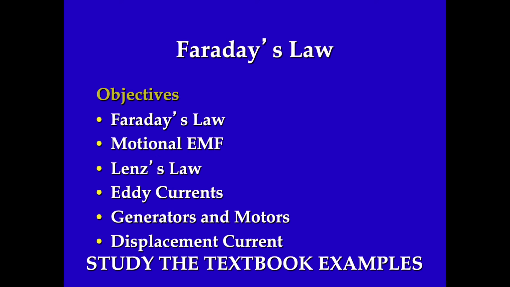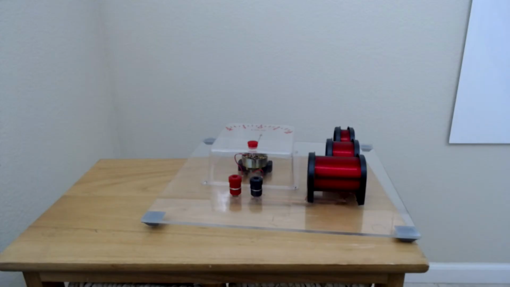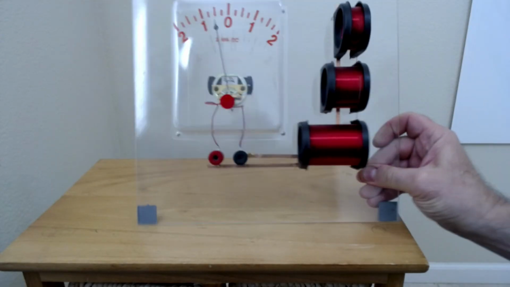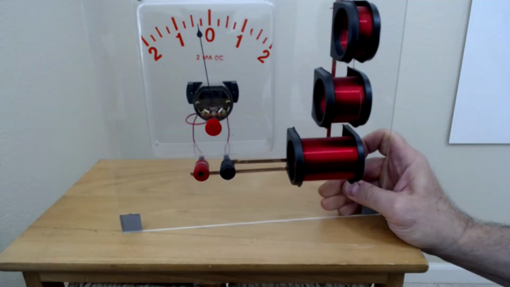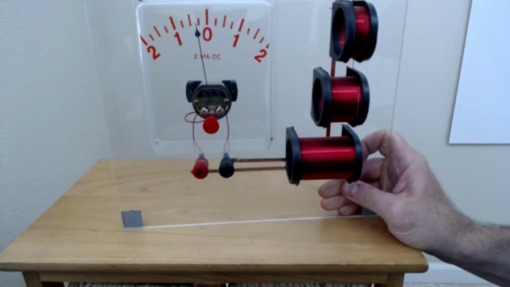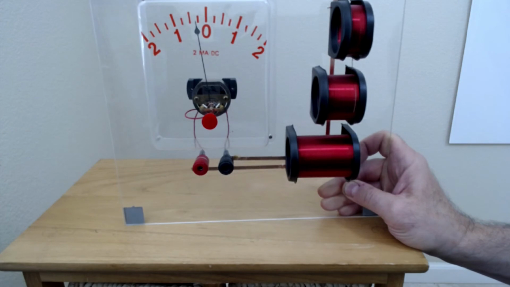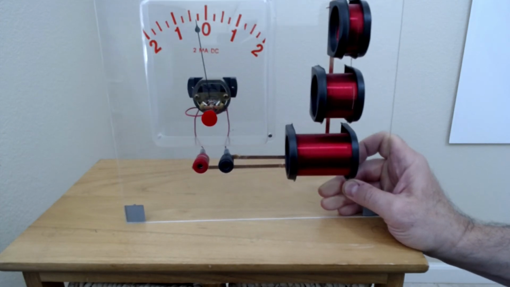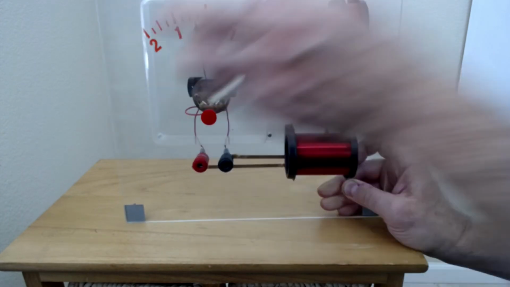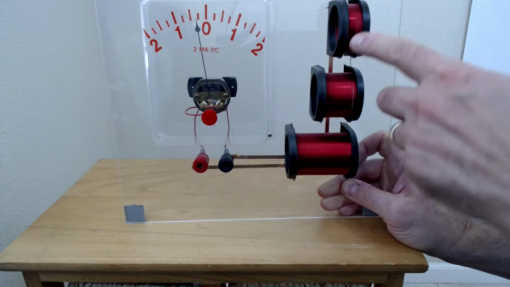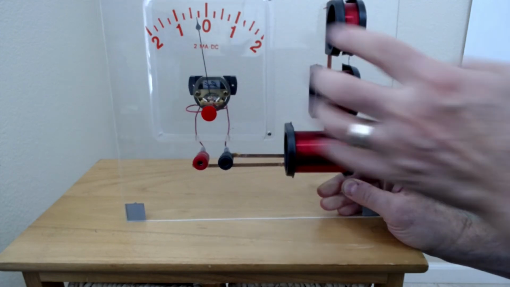So chapter 31 to me is an interesting chapter. I have a demo I want to start with. I have a device called a galvanometer to detect current, and the biggest current it can detect is 2 milliamps. So a full deflection of 2 is 2 milliamps. And I have 3 coils. The coils are all connected to